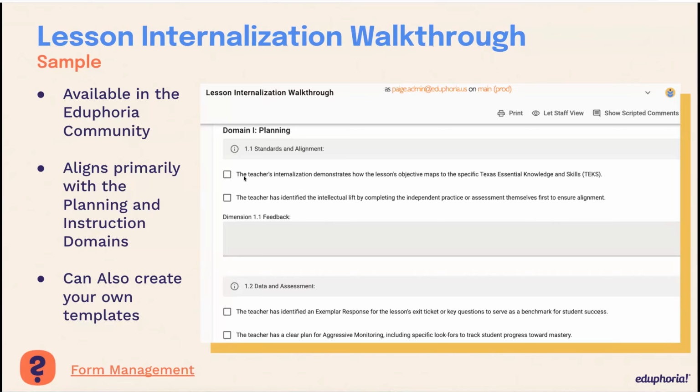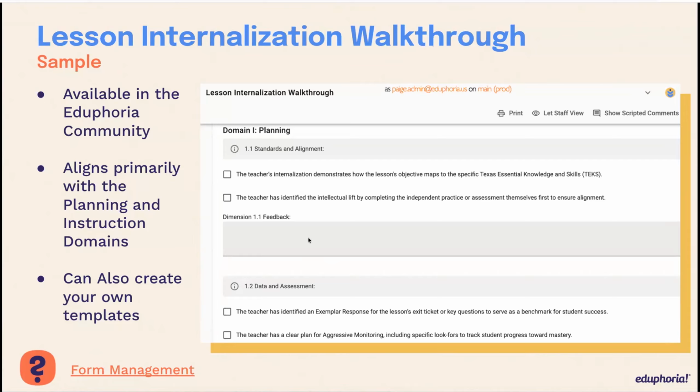So I would have a place to put some examples for the things that I checked off, and then I can give feedback for each one of the dimensions as I go through that document. So it just gives them a place to observe what the teacher is doing and use that as a walkthrough. It is tied to t-test dimensions so that you can see the data in that way, but it is not meant to be a t-test evaluation because it's not the complete, it's just the pieces that are related to lesson